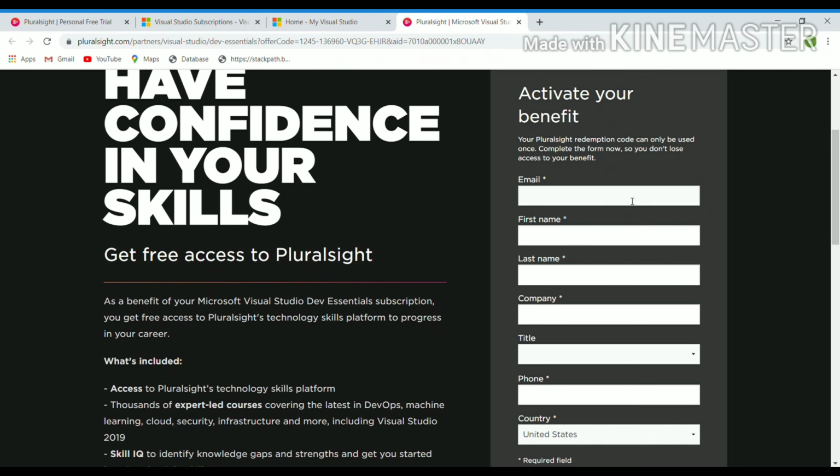Now I'm just filling up my details. In email you have to give your valid email ID from where you activate Pluralsight. Just provide your first name and your last name. For company, you just give your college name. For title, right now I'm a student, so I'm just giving student.